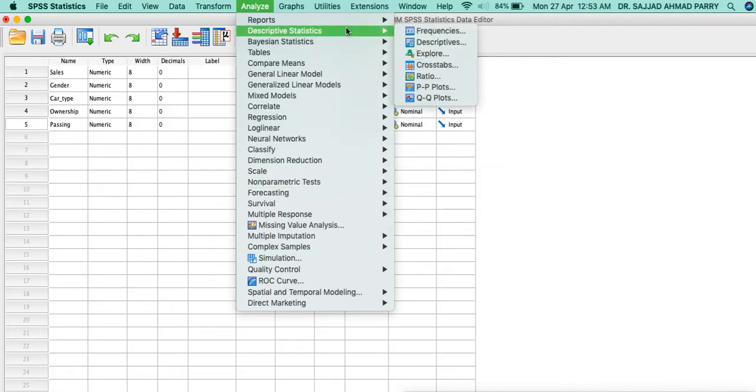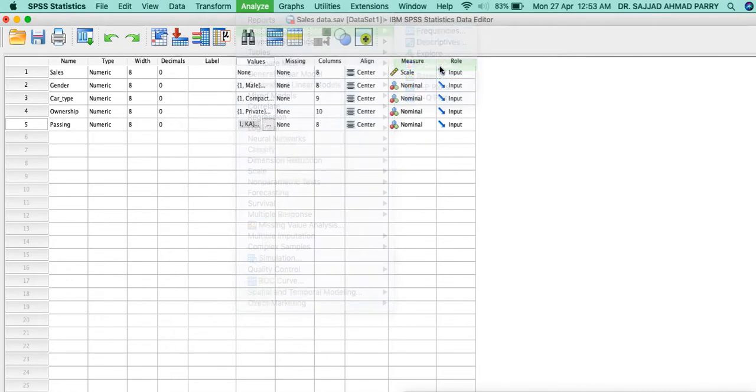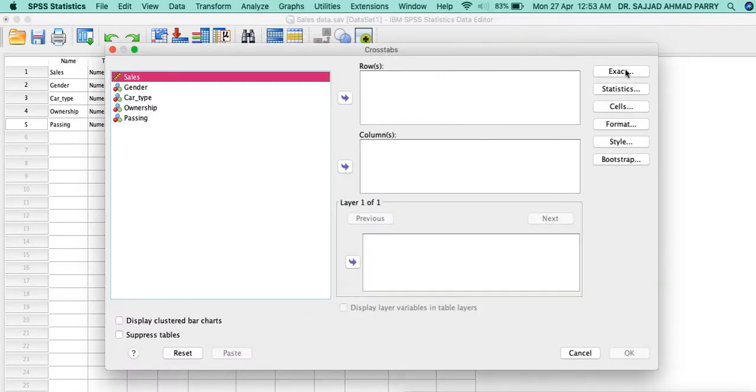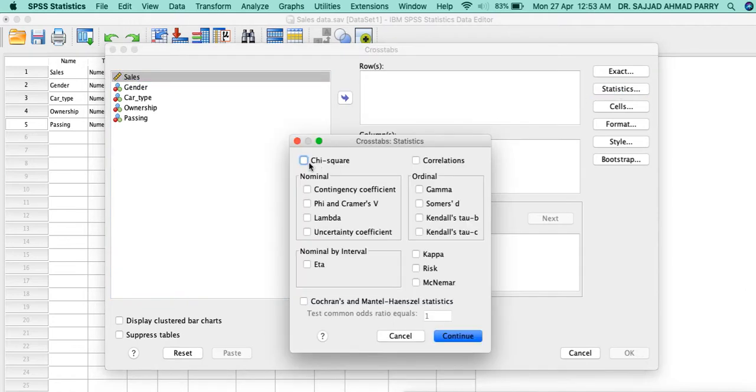But when we talk about the other chi-square test, again we go to Analyze, then Descriptive Statistics, then Crosstabs, and in Crosstabs, if you go to Statistics, here we have this chi-square. This chi-square is for finding the association between the variables. So we are going to use this one only.